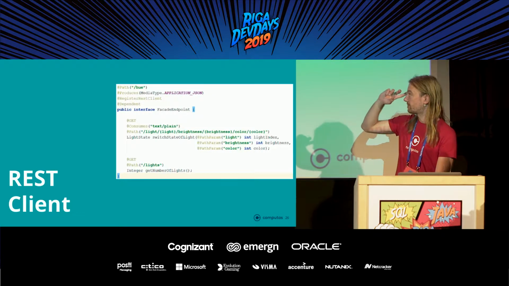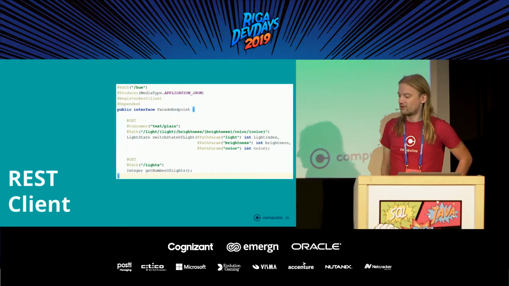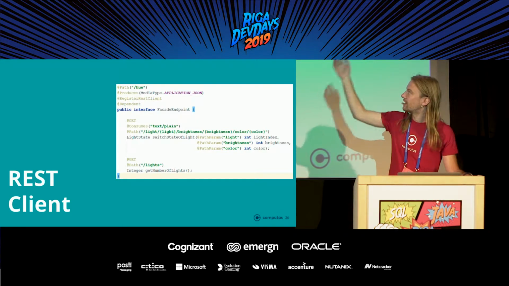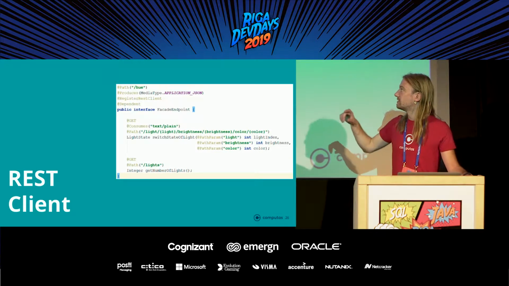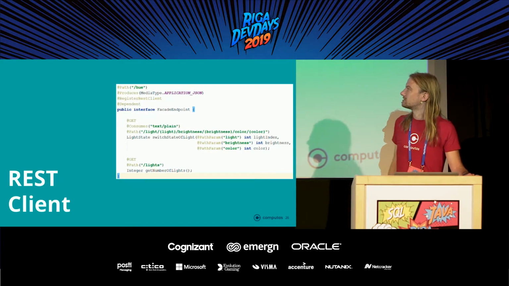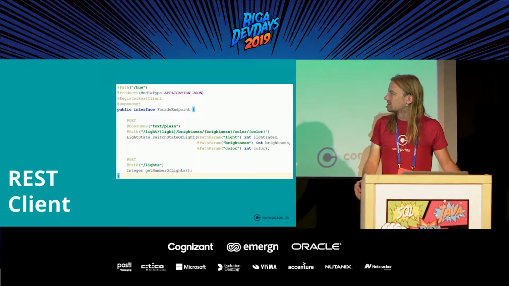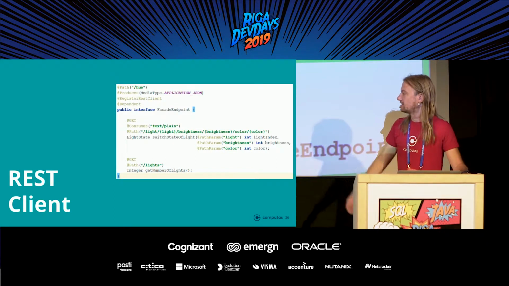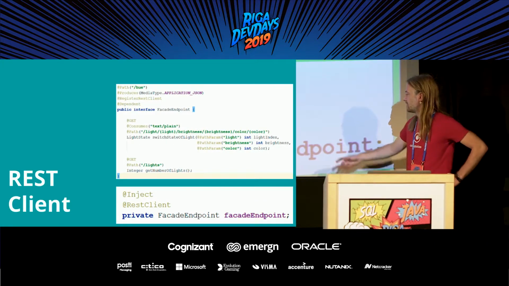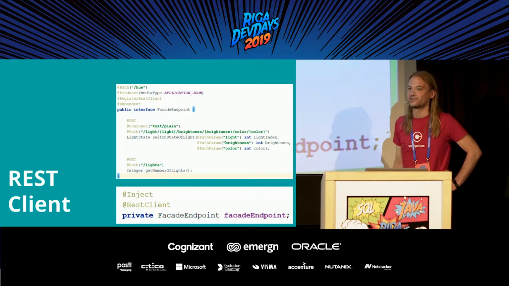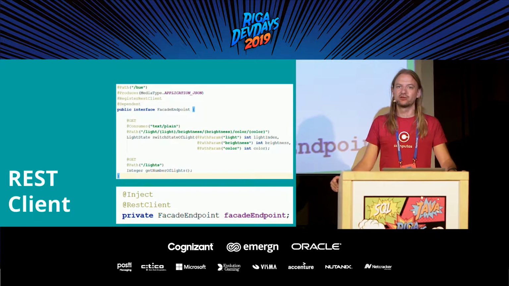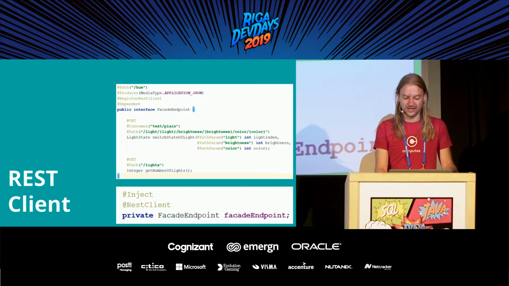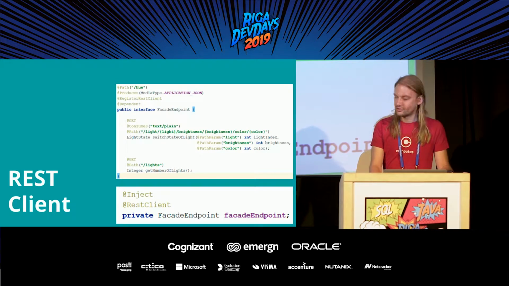So what you do is, for an endpoint or a remote service, you create an interface in your client, you add some magic annotations like RegisterRestClient, and then you split up the path and specify the endpoints basically. In your code, you can inject it as a REST client, and then act like it's actually a plain Java class. That remote service is plain Java on the client side. But you need to add some magic.